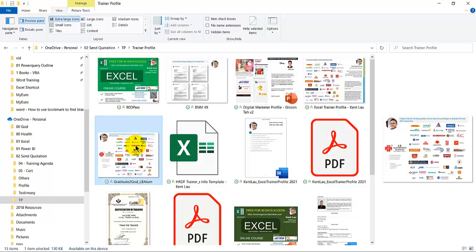Hi, in this video, I'm going to share with you how to create a table of content easily in Microsoft Word. I just trained a group of participants yesterday at Shalom, and they told me that they didn't know what a table of content is in Microsoft Word. So it sparked me that there are still many people who may not know how to create a